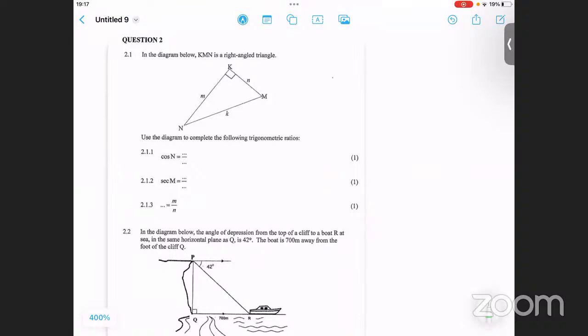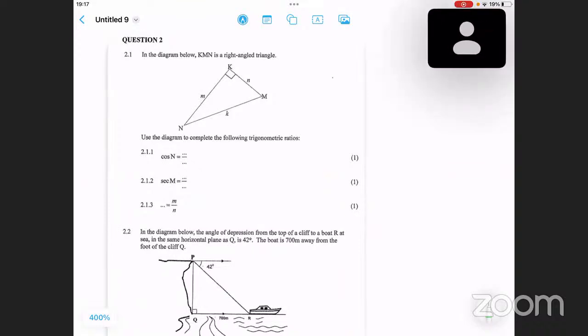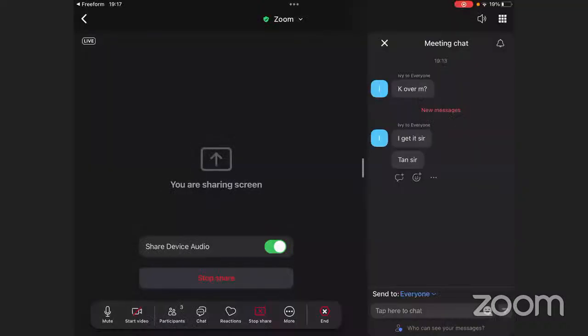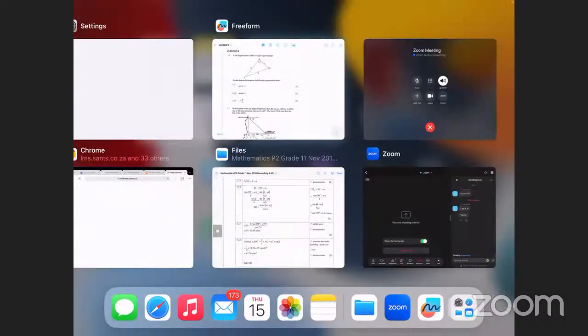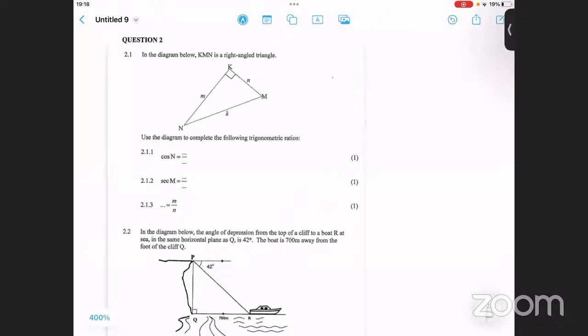So, excuse me, which one are we to work out? 2.1.3. So that would be tan of M, I think so. Tan of M. Okay, maybe before, let me check if the honorable members got the answer. IV, what did you say? Tan? No, IV, it's going to be wrong if you just say tan, because it has to be tan of